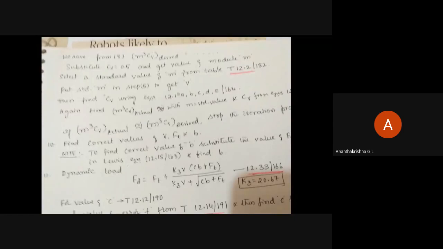We are in the process of the dynamic load equation. This is how we find the value of C. First, you find the error from table 12.14, which depends on the surface velocity V. Then go to table 12.12. Take the appropriate combination of materials of pinion and gear and the pressure angle given in the problem. Based on those two values, choose the dynamic factor value C from table 12.12.